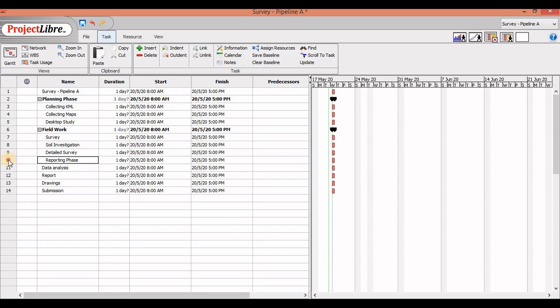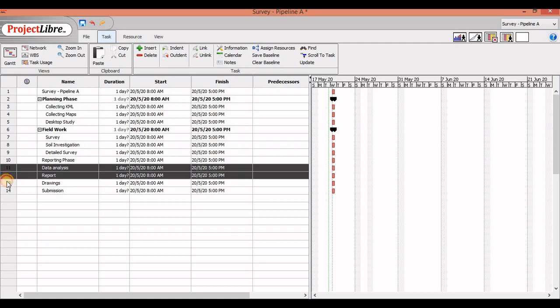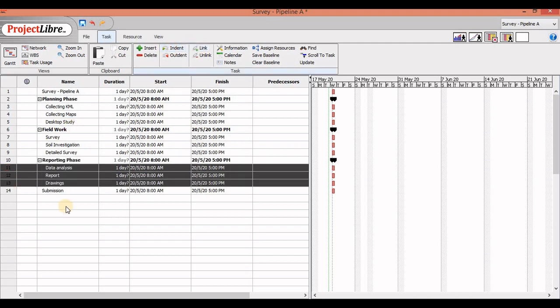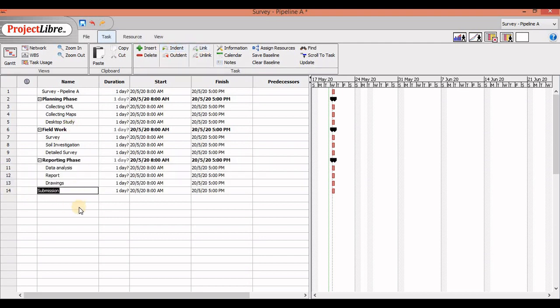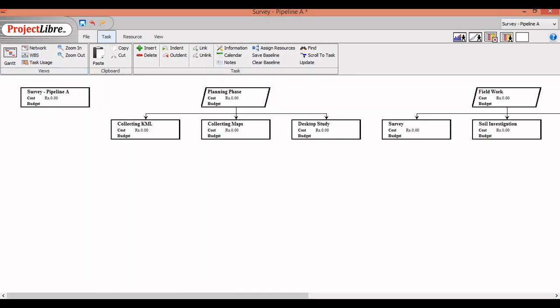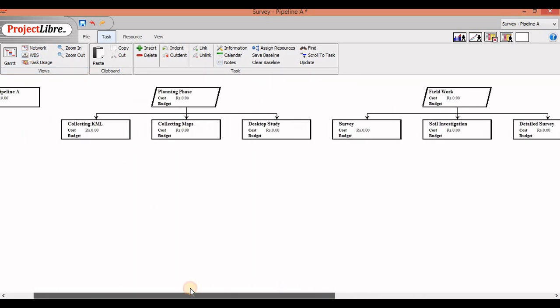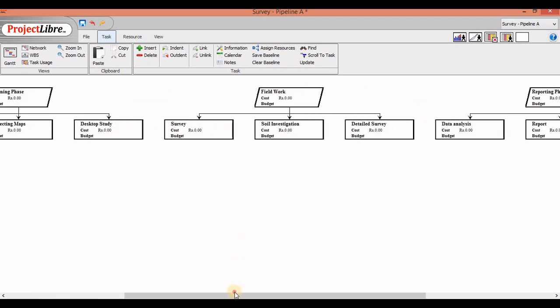Okay, we're going to outdent this thing and indent these three things here. Now submission, let's just keep it as it is. We're just submitting all the things that we've collected. Now our project breakdown is complete. What this will help you achieve is you can have a work breakdown structure prepared. So you can see this WBS here. You click on it now. Shows a pretty good chart here for you that this is your entire project, and in your project you have